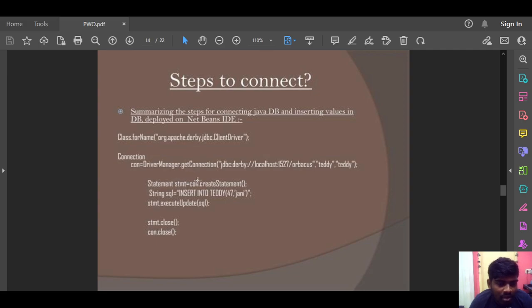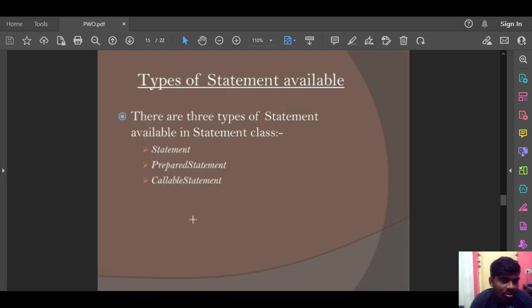Statement stmt equals con.createStatement and String sql equals insert into teddy 47 Jani, stmt.executeUpdate(sql), statement.close, con.close.